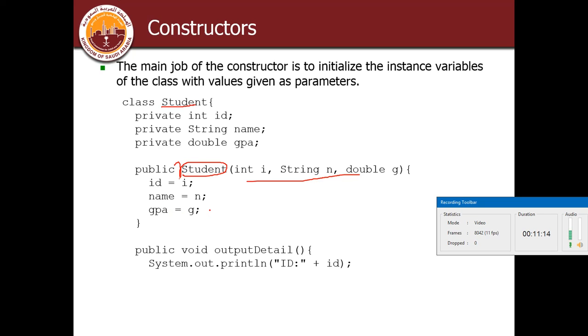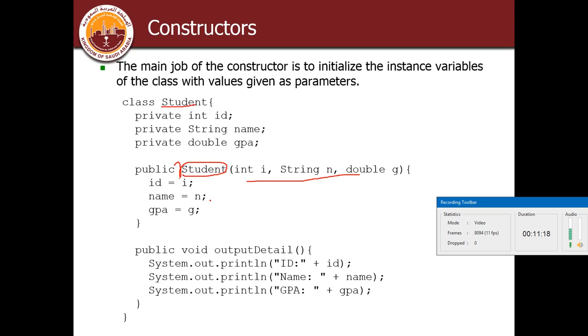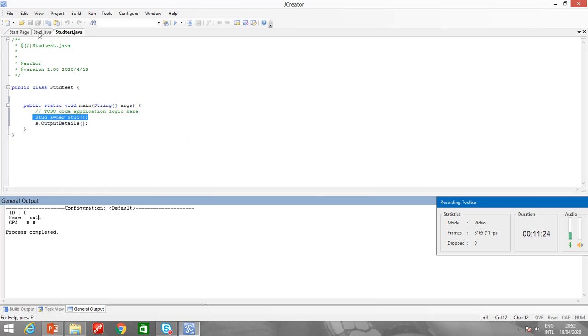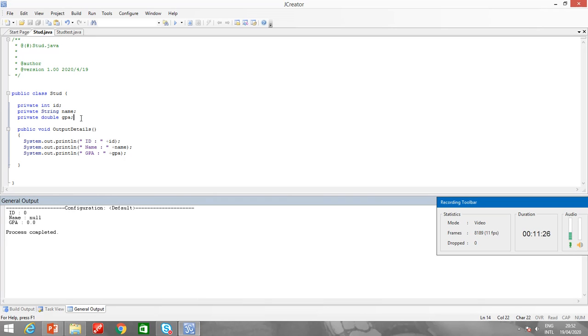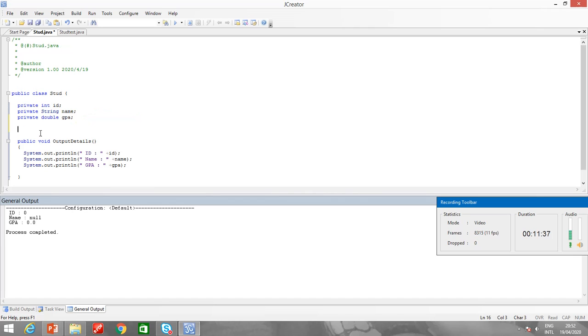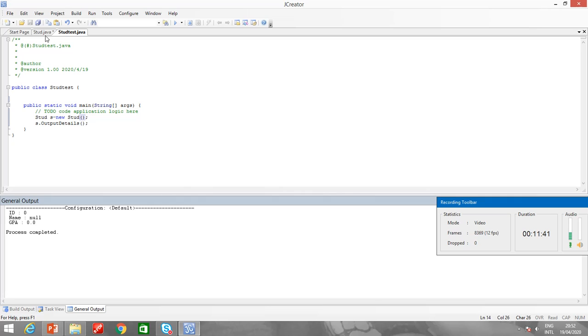Now when I call this method outputDetails, let me just try to do this same program. If I want to initialize the value of the variables, I must make a set method over here and then use the set and get methods and then use those values.